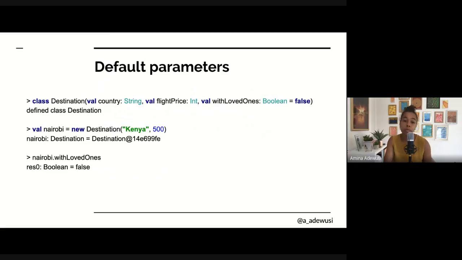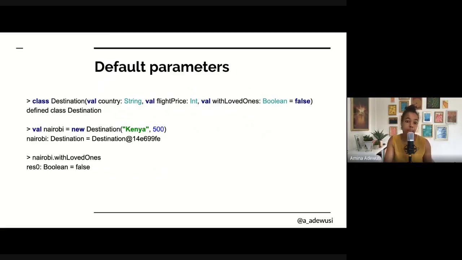We can also make use of default parameters. Default parameters set a default value for a field without it being set when the object is instantiated. In this example, we've created a new parameter called with loved ones that returns a Boolean, true or false. This means that if we have any friends or family in a particular destination, our object will record this. We've set this parameter to false, which means that without declaring it true for an object, it will always be